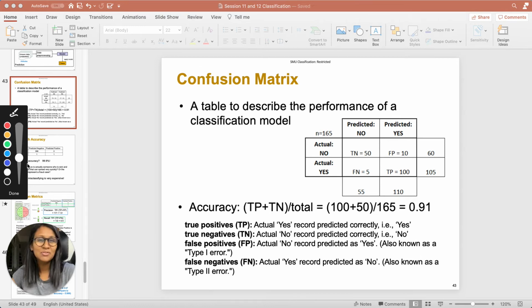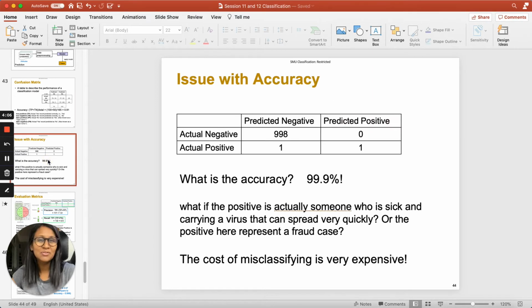So what happens is that even though the prediction accuracy might be very high, depending on the context of our classification problem, the false negatives and the false positives can create serious issues related to whatever decision we were trying to make. So we want to be careful about measuring the accuracy in a way that we also take into account the seriousness of the wrong predictions.